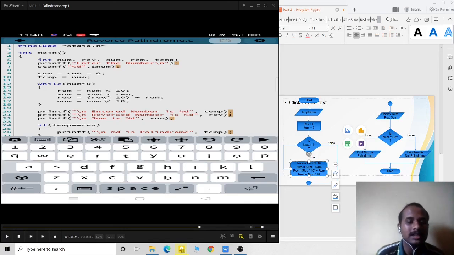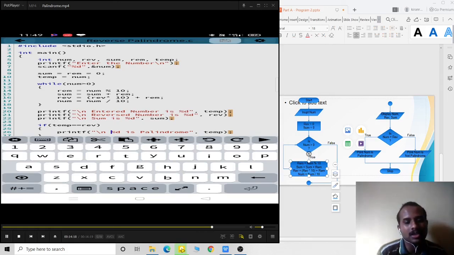So if it is present on the right hand side of the assignment operator, when you perform any operation, the garbage values are sometimes taken. So that will create the problem. So what I have to do, I have to initialize the reverse also.